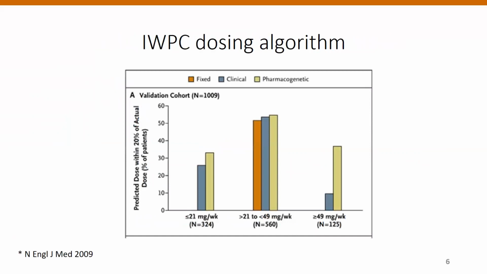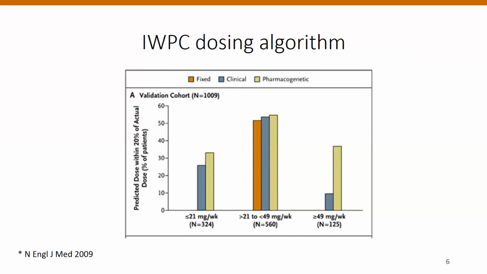So this came out in 2009 and showed the performance of the IWPC dosing algorithm. As you can see, they split the patients into three groups: low dosage, which is smaller than 21 milligrams per week, that is 3 milligrams per day, the middle one, and the higher one, more than 7 milligrams per day. As you can see, they managed using the pharmacogenetic algorithm, which is in yellow, to predict for more than